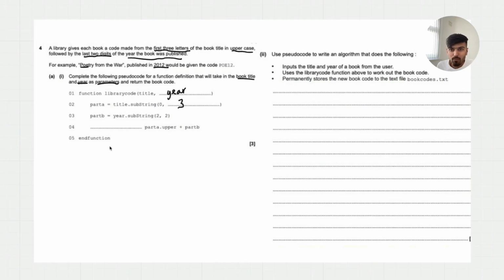What goes here? People might think it's print, but it's not print, it's actually return. Make sure a function always returns a value. So we're returning what? We're returning part A dot upper concatenated, joined together with part B, and hence we would get PO12. Use pseudocode to write an algorithm that does the following: inputs the title and year